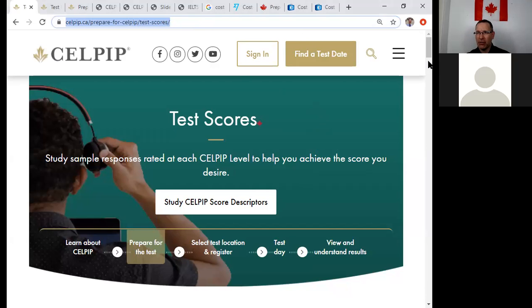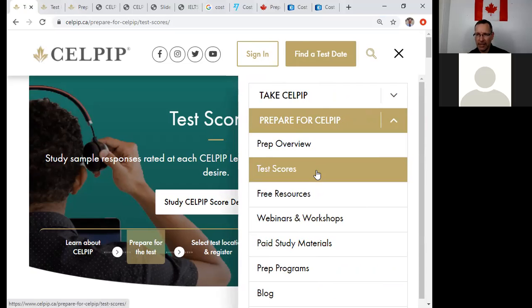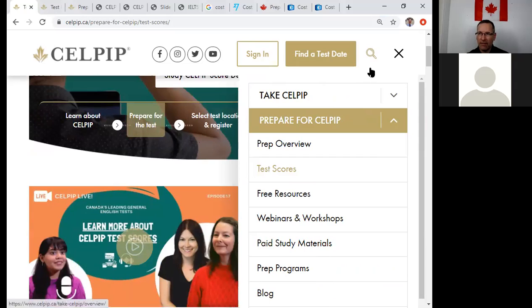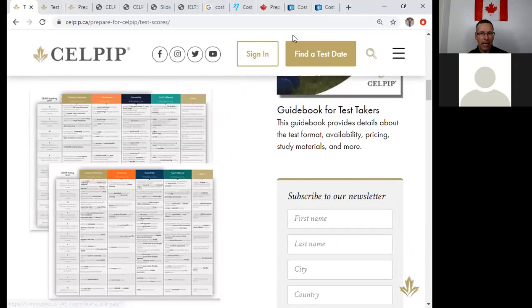So anytime that you're on the CELPIP website, in the top right-hand corner, there's 3 bars. When you click on it, it shows a number of categories: Prepare for CELPIP, Prep Overview, Test Scores, Free Resources. So I'm under this section on test scores, and on this section, it gives some information about how the exam